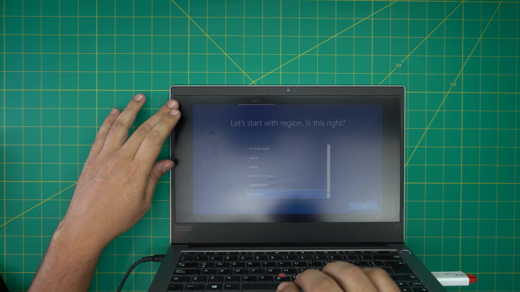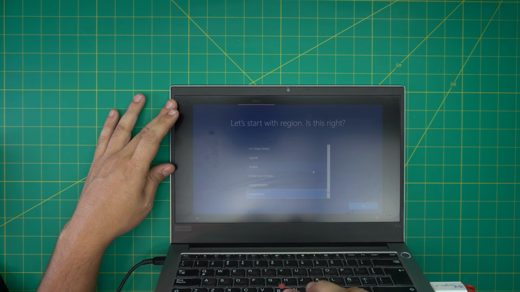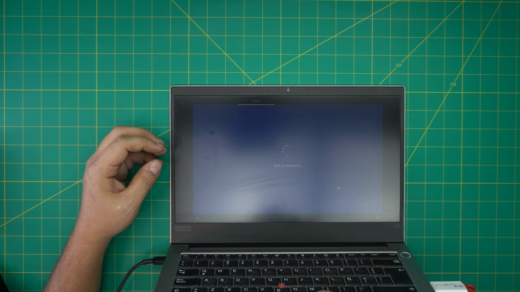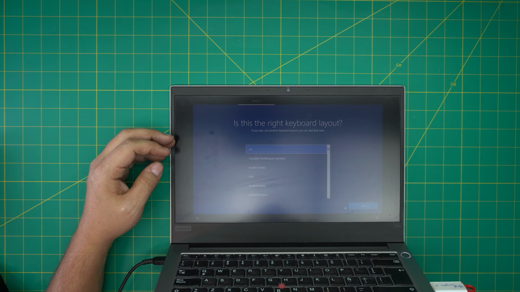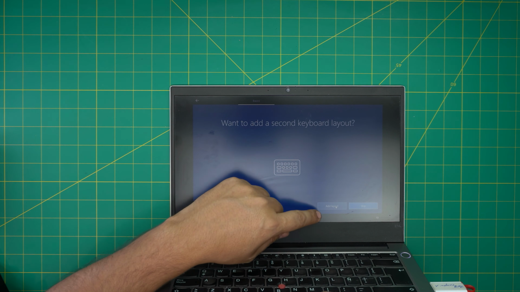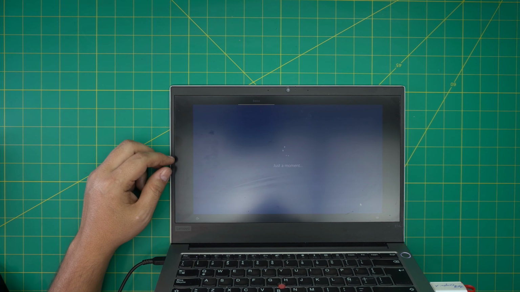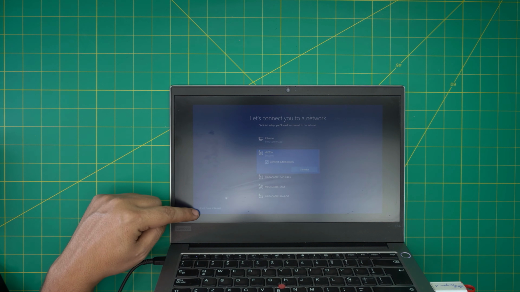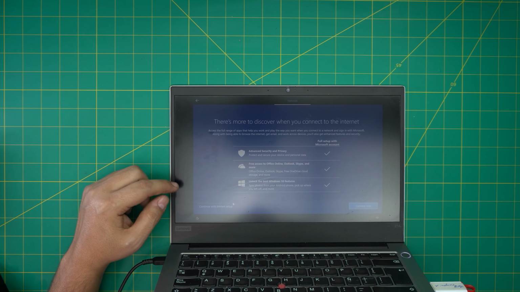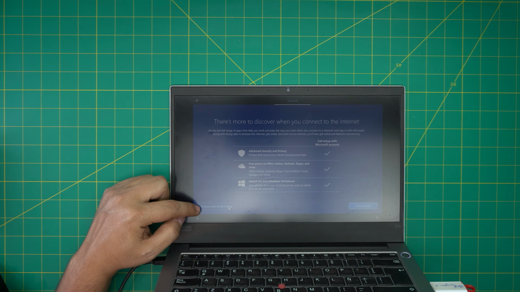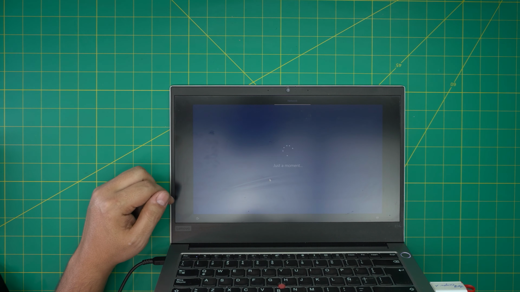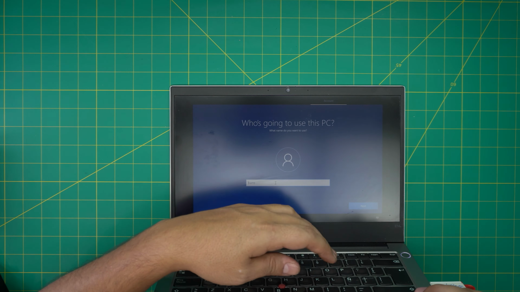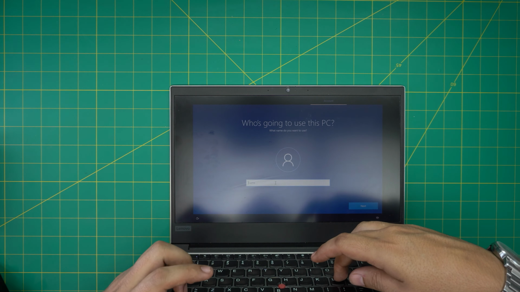All right, so it tells you to choose your region, US, click next, and keyboard layout, click yes, US, unless you have a different keyboard layout. In here, additional keyboard, just click escape. Wi-Fi connection, even if you do have Wi-Fi, click I do not have internet. Continue with the limited setup and put a name. I'll put a lab,